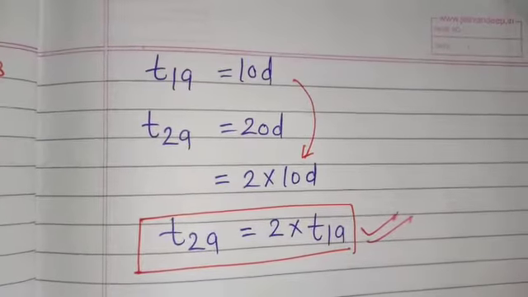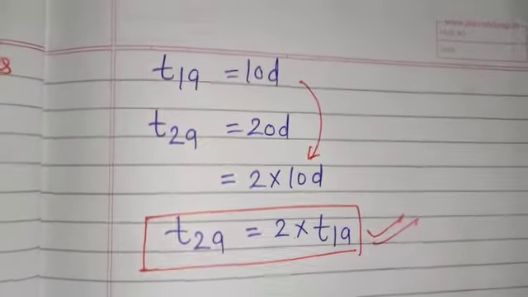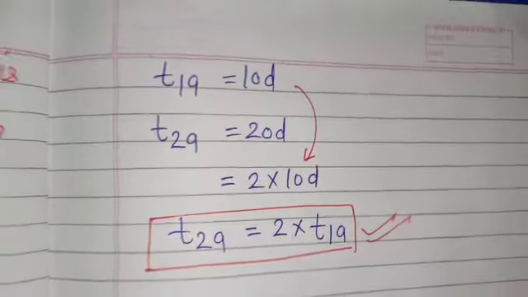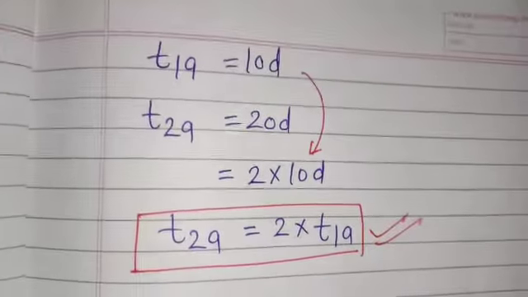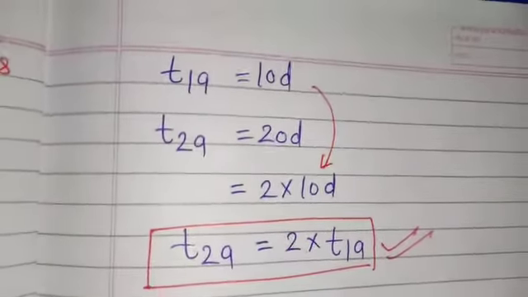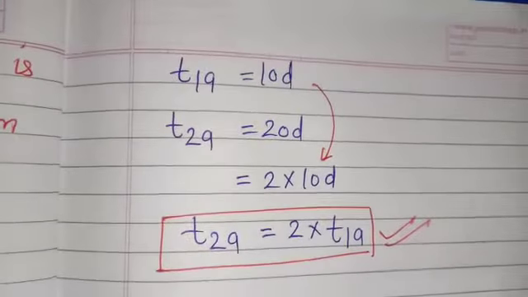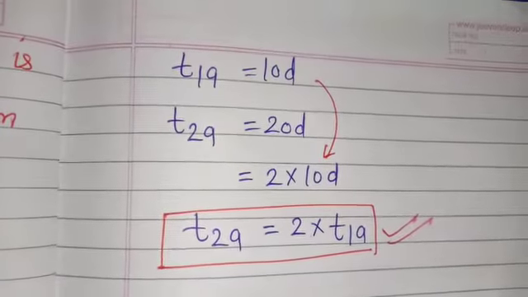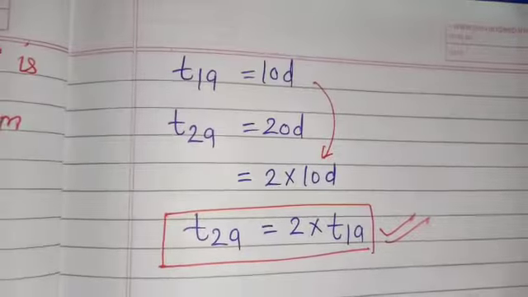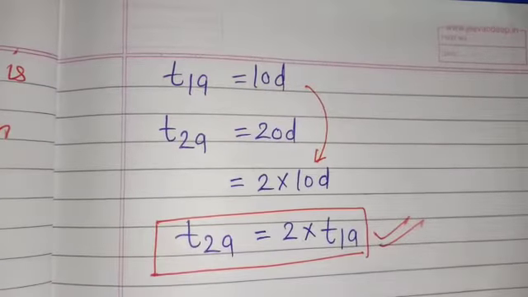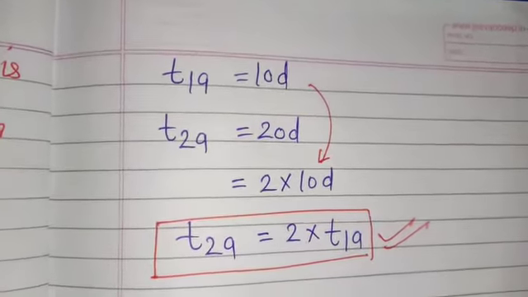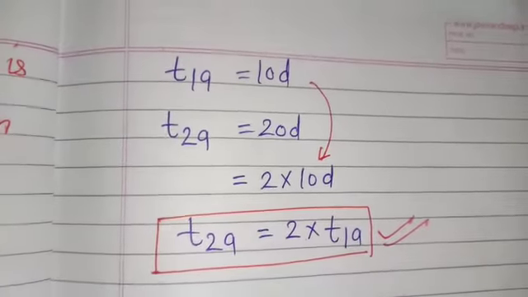Hence proved. This is how we write it in the exams. If you do it step by step, you will get full marks. I hope I have cleared the chapter arithmetic progression. This chapter comes in the exam, and you can get good marks in arithmetic progression if you do it step by step. It's very easy. I hope you liked it and understood it very well.